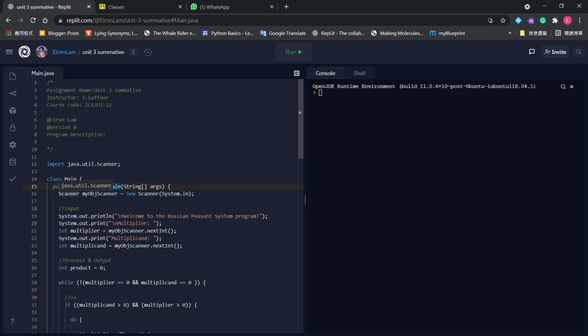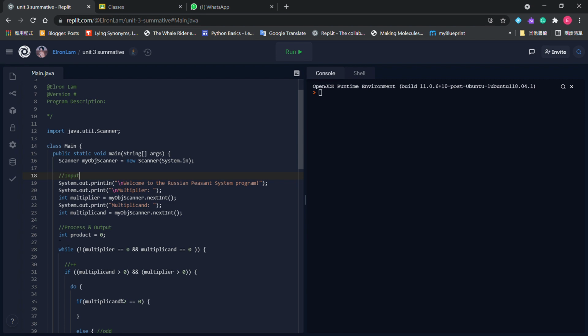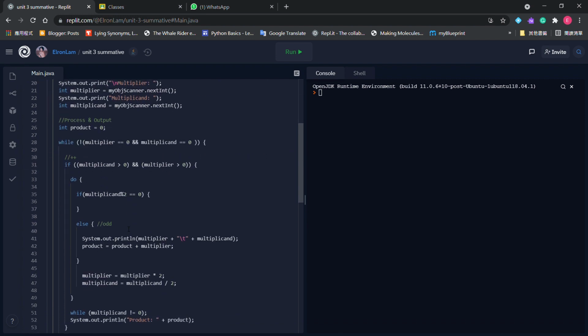I'm starting to name the scanner. So this part, you will see that is my scanner name, and it's equal to new Scanner, because this scanner is new. So I have to name it, new Scanner(System.in), and in here the input section you will see the input, the process, and the output, and there will be only two main